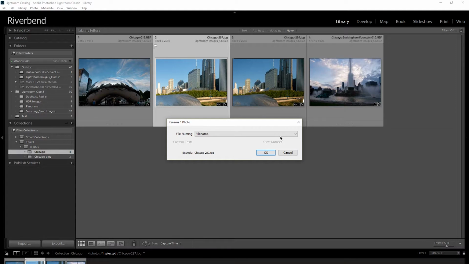So this one happens to say file name, and it shows you what it looks like. But if you wanted to custom name it, that's where I would go. I want a custom name, and then I would type in whatever I want it to be titled. You can keep some of the information that's there and add on to it. You can type in whatever you want, but you have some options. You can decide what you want it to say and how you want it to say it, or you can make your own